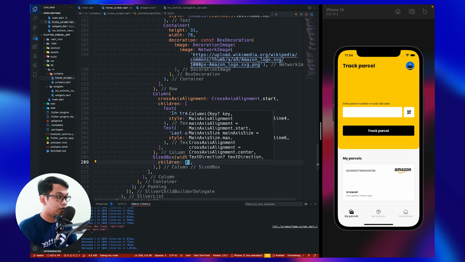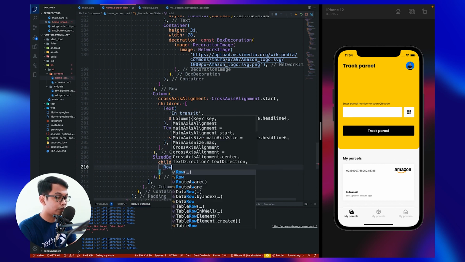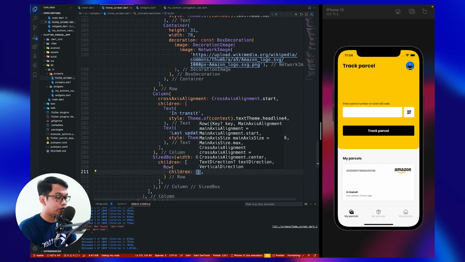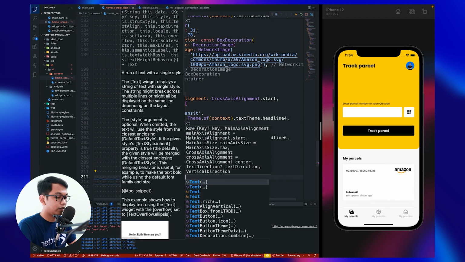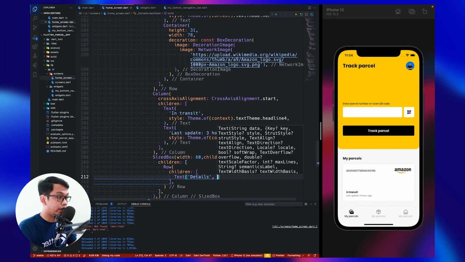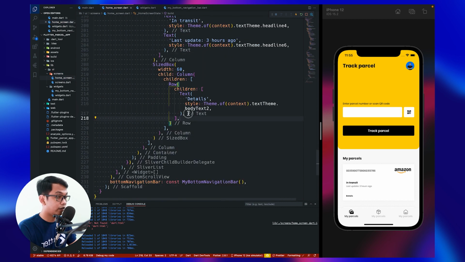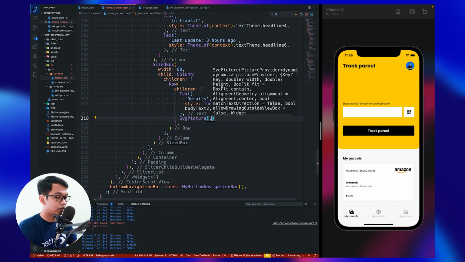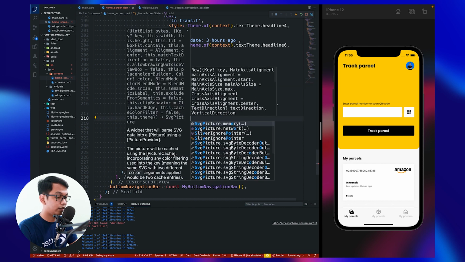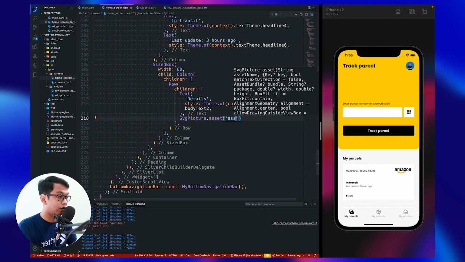With the children, for the first children we use row widget. Inside row widget we use children again, we say text details, and inside that we say style, and for the style we use body text too. And the next is SVG, SVG picture dot assets, and we call assets images icon details dot svg.